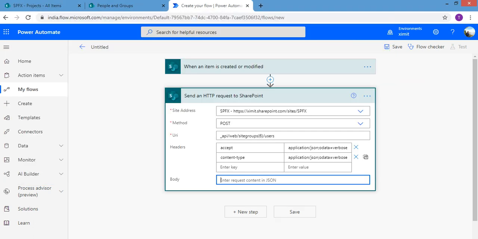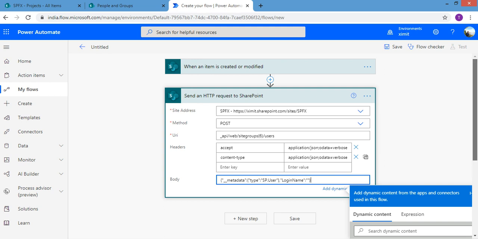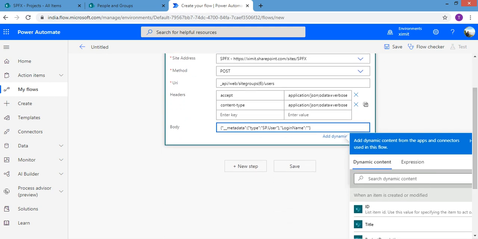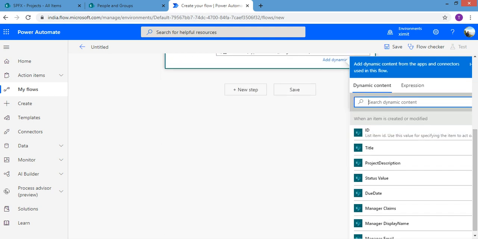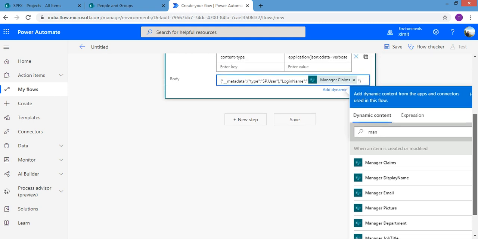So now it's copied. And under the login name, as I said, because we'll be fetching that from the previous step, I'll choose dynamic content. Because my field was Manager, I'll type in Manager. With Manager we get many fields because it's a people picker field. So remember not to use email or anything else. We have to use the Manager Claims, I mean the claim of that person, because it should be the entire login ID instead of just the email. So I'm choosing that